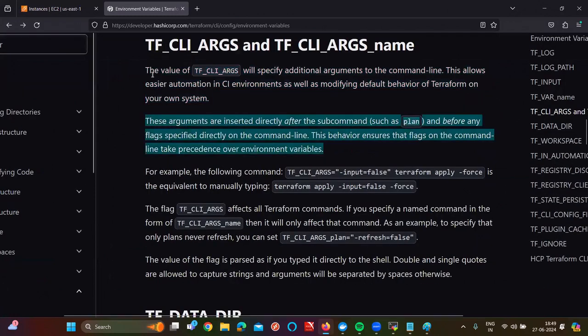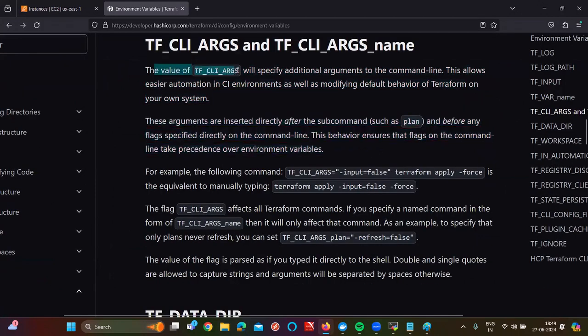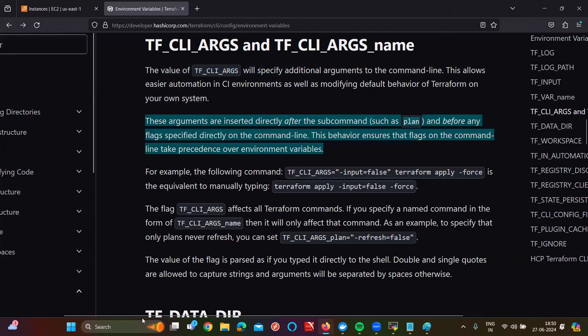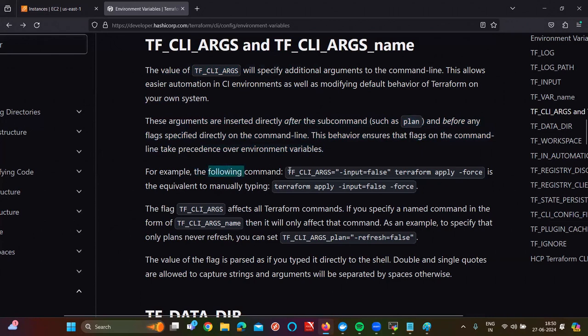See, the value of TF_CLI_ARGS is a special additional argument that comes to the CLI. This allows easier automation in a CI environment while modifying the behavior of Terraform. These arguments are inserted directly after the subcommand, such as plan, before any flag specified on the command line. For example, the following command: TF_CLI_ARGS equals -input=false, so terraform apply -force equals